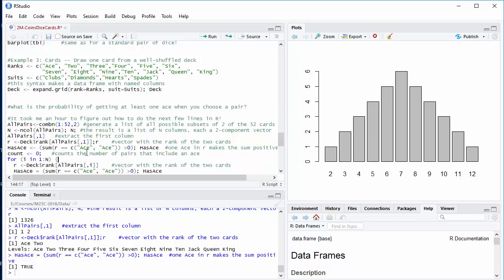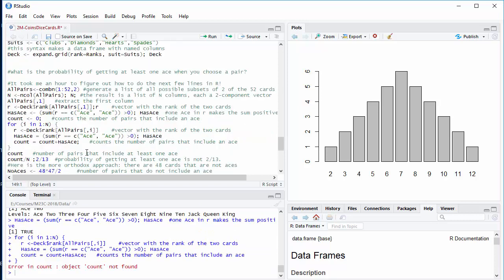So I'm going to use all values from 1 through capital N inclusive. I'm going to go through all the possible pairs, extract the rank associated with those pairs. That could include 0, 1, or 2 aces. In each case, what I will do is to evaluate the quantity